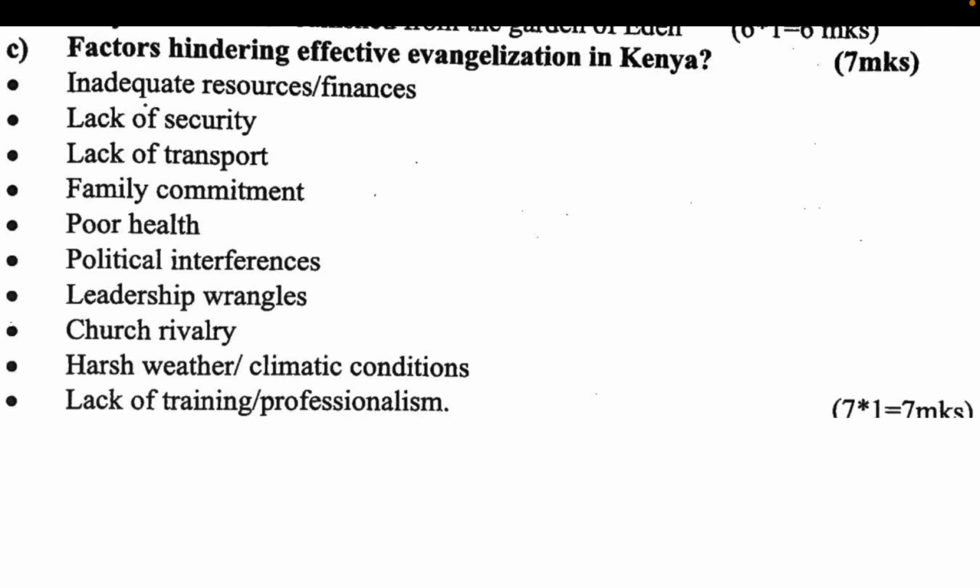Question 1C. Explain factors hindering Christians to carry out effective evangelization in Kenya. So what hinders effective evangelization? Inadequate resources. Resources here, we are talking about inadequate finances, lack of security, lack of transport. Family commitment also can hinder effective evangelization. Poor health,